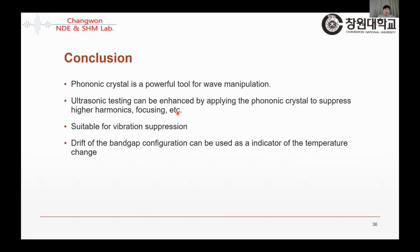Today I introduced many examples of phononic crystals and their applications, and also some research results from our work on phononic crystals and their applications. Ultrasonic testing can be enhanced by applying phononic crystals to suppress higher harmonics or to focus or suppress vibrations. And drift of the band gap configuration can be used as an indicator